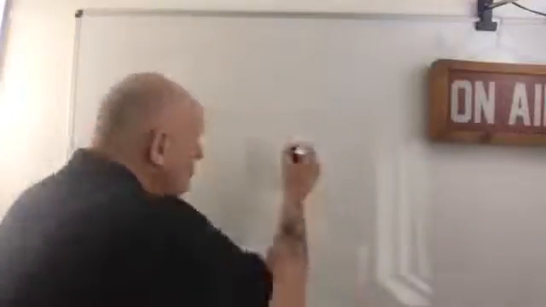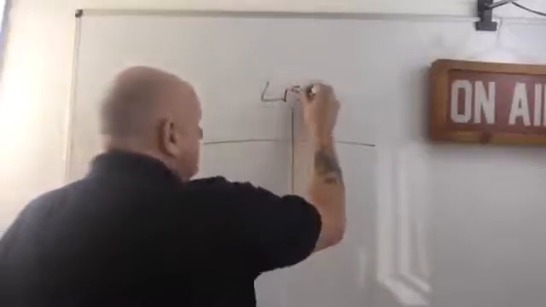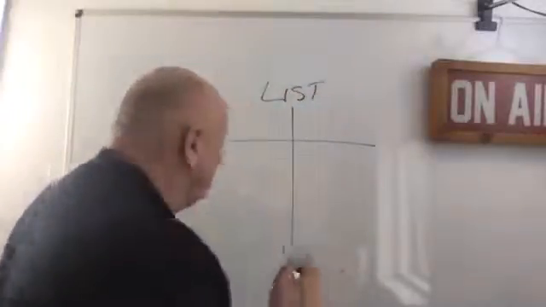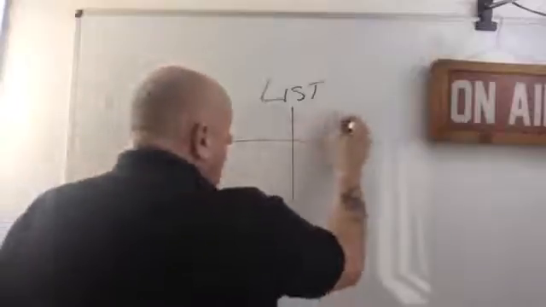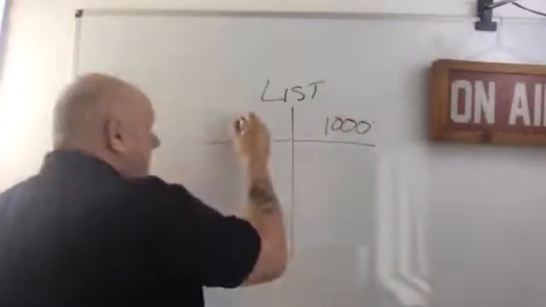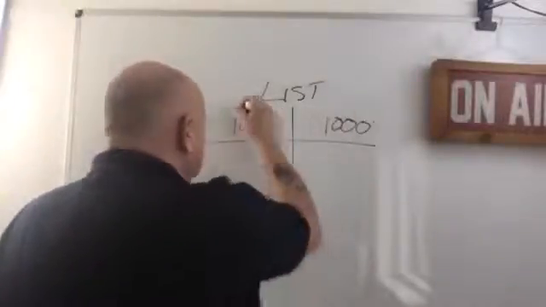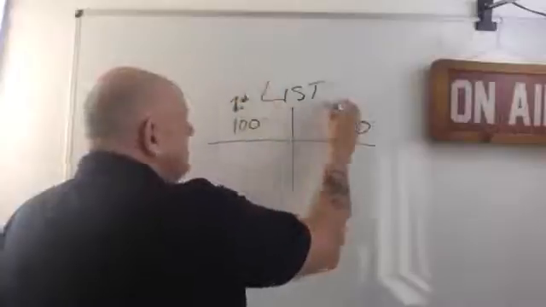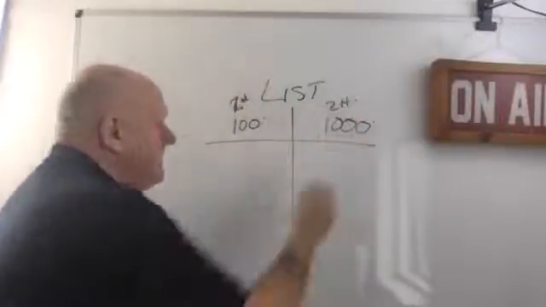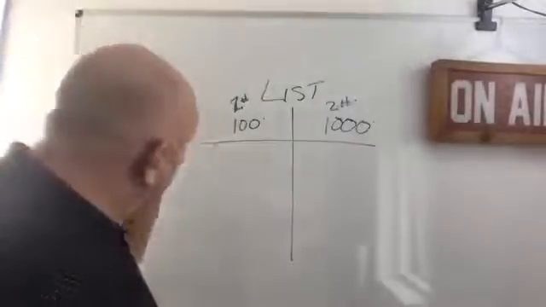And I've got a question for you, okay? I want to show you two email lists. And this is an email list because I'm sure you've heard the money's in the list, okay? So over here, we've got 1,000 emails. And over here, we've got 100. So we've got two lists here. List one and list two. Okay, so they're meant to be hashes. So my question to you is, what would you rather have?